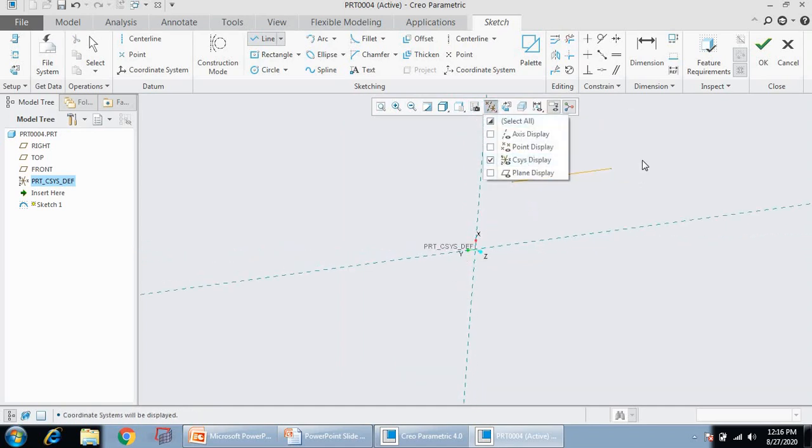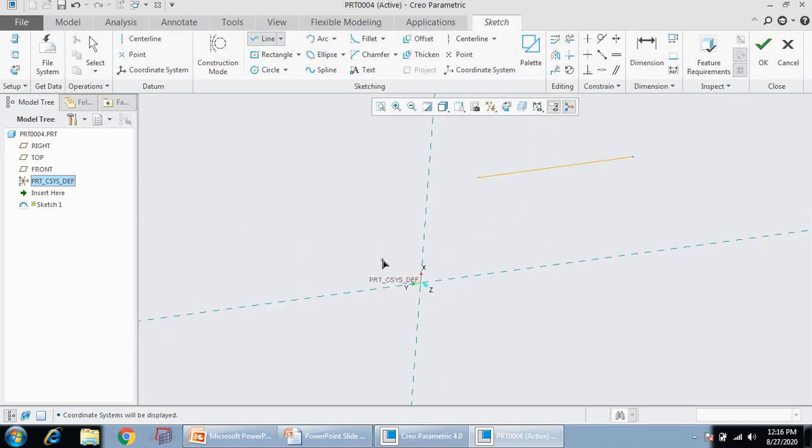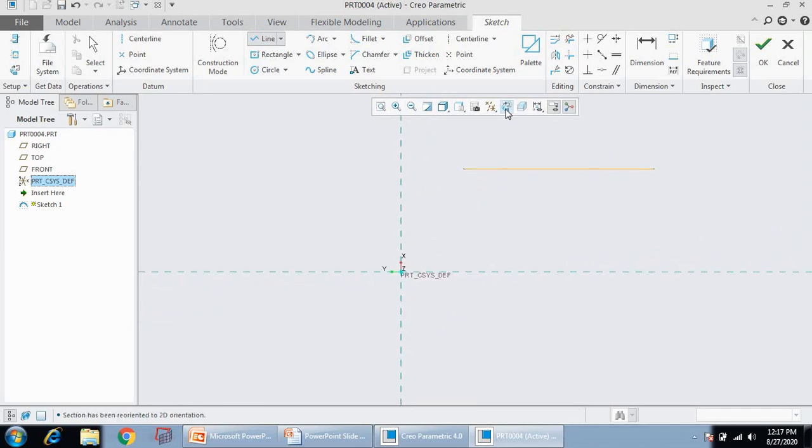Just consider this coordinate system. This line is having dimension in the Y direction. There is no dimension in the Z and X directions. So this line can be considered as a one dimensional object.